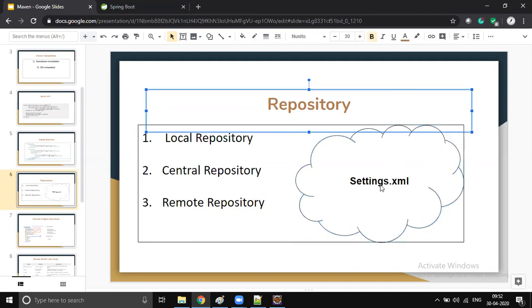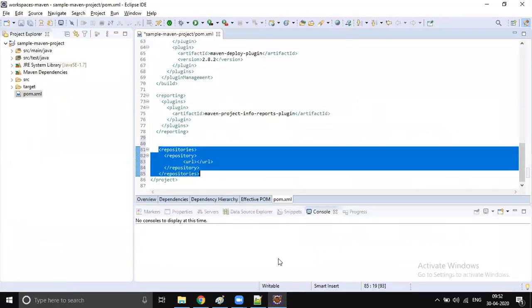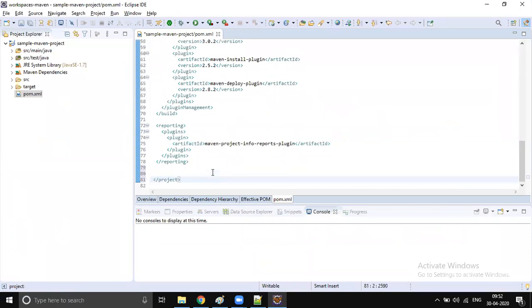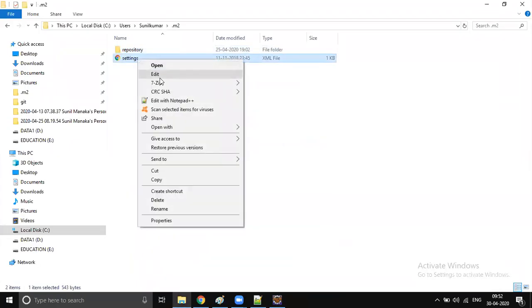So we will write one settings.xml and put it on whichever machine you are going to use, and it will work for all the Maven projects you run on that machine. Sometimes you might see no repository configuration in your pom.xml file, but still it connects to a remote repository. How does that happen? It happens because of your settings.xml file.